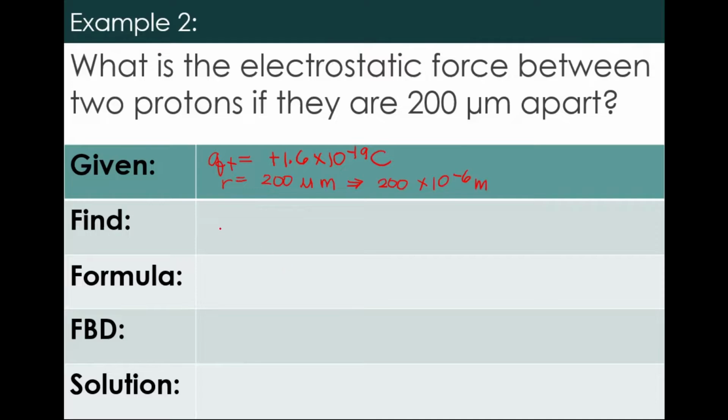Okay, so in this problem, we are looking for the electrostatic force. You can also label it F1, F2. You can have F12 if what is placed here is Q1 and Q2. And for the formula, Fe is K Q positive, since they are the same, over R squared. And for the free body diagram, we have